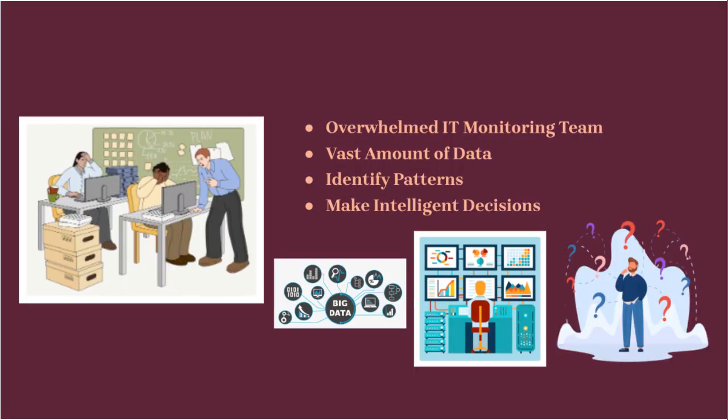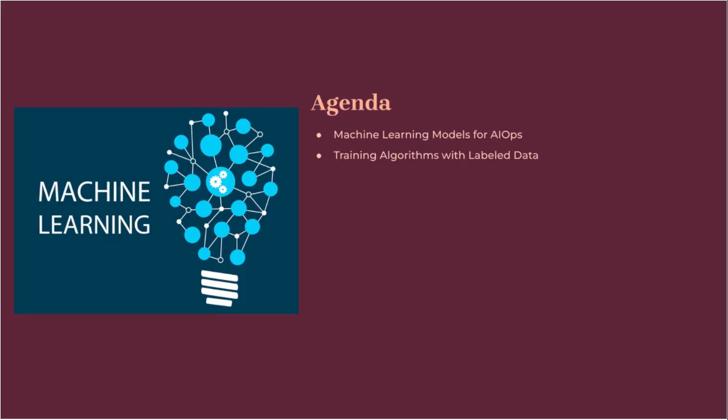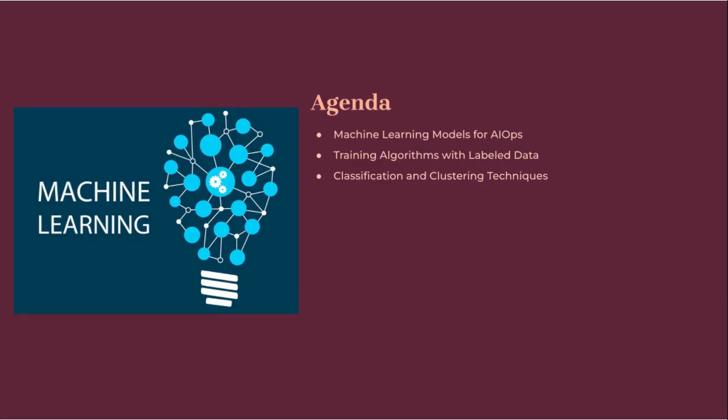decisions in real time. In this session, we'll start with an overview of machine learning models for AIOps, understanding how different models are applied to IT operations. Next, we'll dive into training algorithms with labeled data, which is crucial for building accurate supervised learning models. From there, we'll explore classification and clustering techniques, which help categorize incidents and group similar system behaviors. We'll also cover anomaly detection using supervised and unsupervised methods, showing how AI can detect irregularities before they escalate into